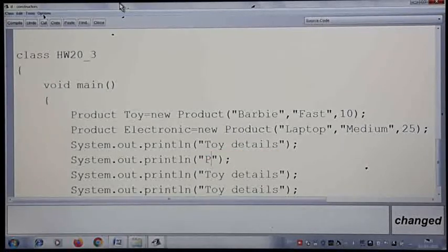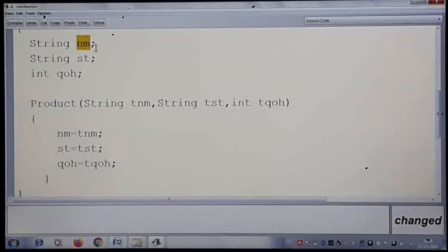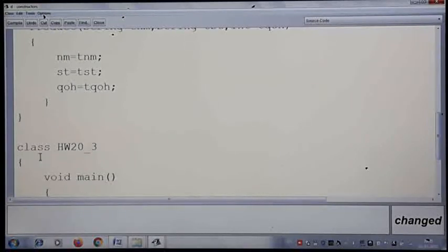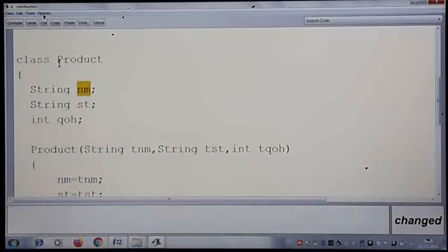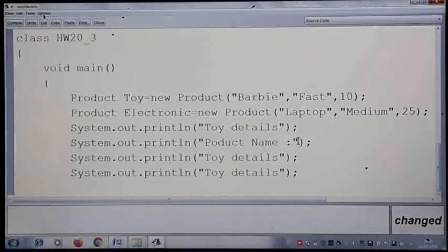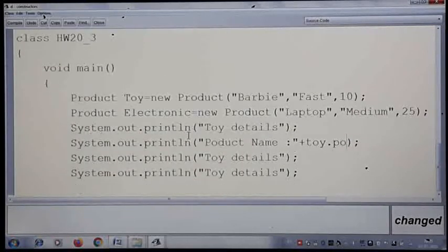Now product name, while accessing the data member, this nm, simply I cannot access nm because I am outside the class, I am in a different class. If I am accessing the data member of another class, then through the object only I have to access. This also we have discussed in the last examples. So here I have to write plus toy dot product. Data member name is here nm, stqoh. So toy dot product name nm, then